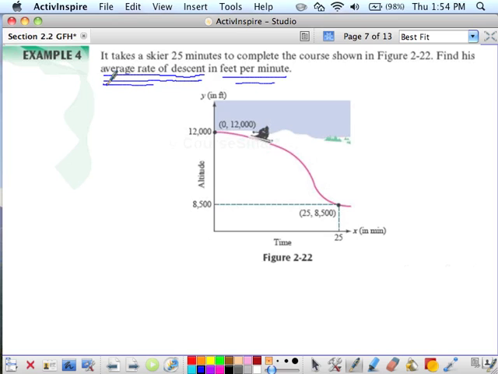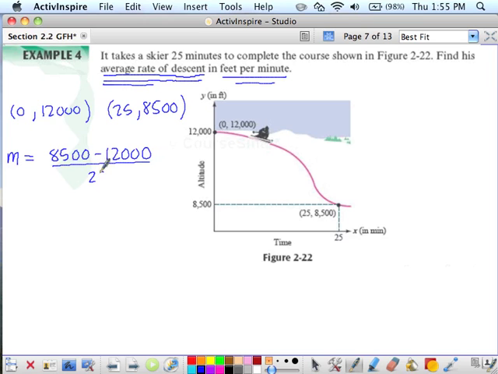They said at a time of 0 minutes, this skier was 12,000 feet in the air. So he was up 12,000 feet high on the mountain. Then he started skiing down, and 25 minutes later, he was at 8,500 feet altitude. So those are going to be our 2 ordered pairs. 0, 12,000, and 25, 8,500. If I just find slope between those 2 ordered pairs, that's m equals 8,500 minus 12,000